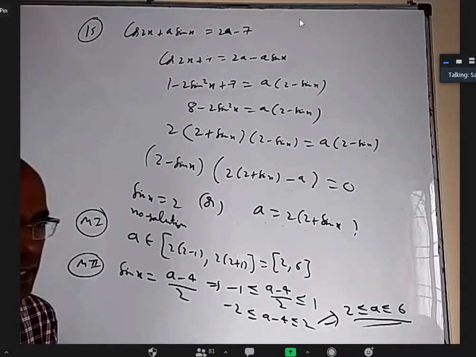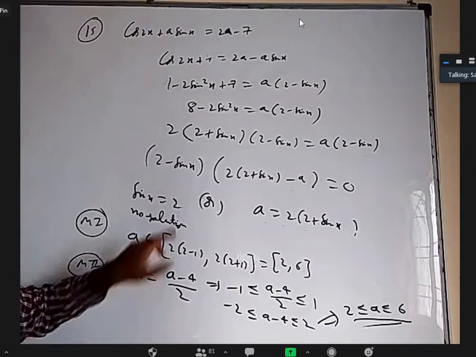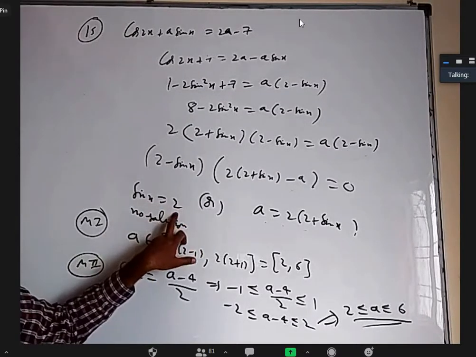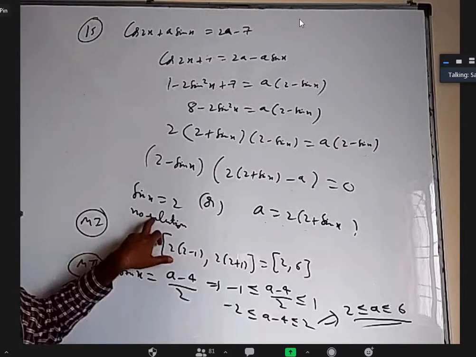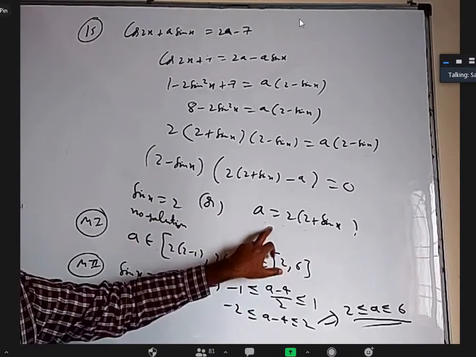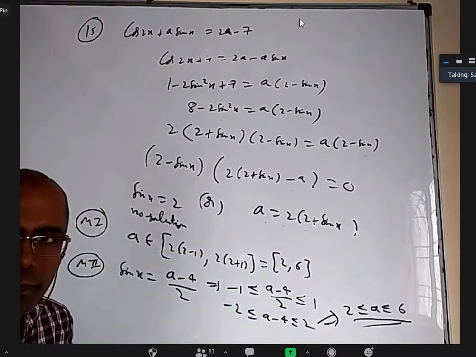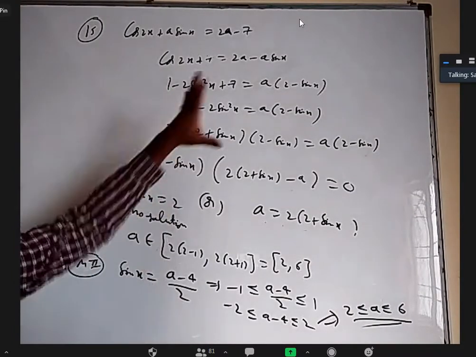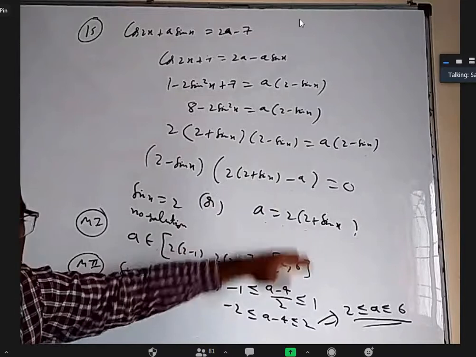Let us say I would have changed the initial equation such a way that here I would have got, let us say, some 1 by 3 or something. Sin x equal to 1 by 3. Then here itself I would have got some solution. Then I don't need to have solution here. Then I would have said a can be any real number. But here we don't have any solution here. But the total equation should have some solution. So this part should have solution.